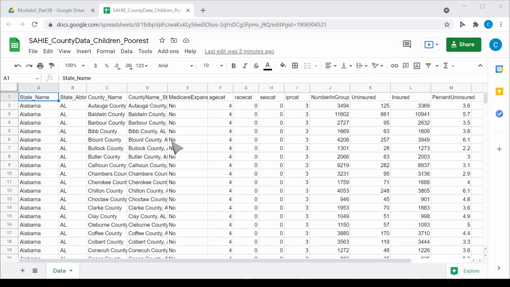So the data that I'm going to use for this video is the number of uninsured children in the United States. I have information at the county level here, so this is for all counties in the United States, roughly 3,000 records. The age category is 4, so this is for people under the age of 19. And then the income category here has been specified to be 3, which is the poorest income category, or the